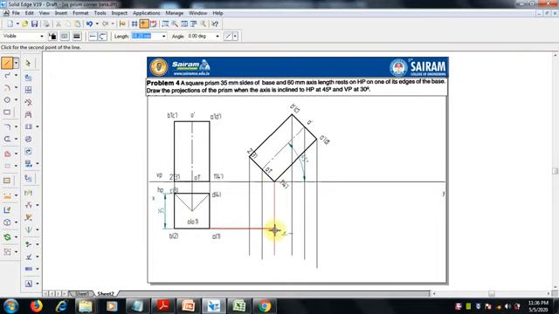1 with 1 dash and 2 with 2 dash, where it meets. End of 3 with 3 and 4 with 4. Next, ABCD like that.